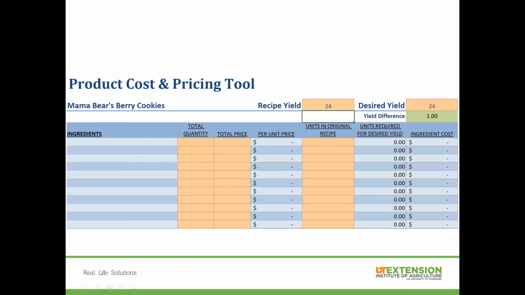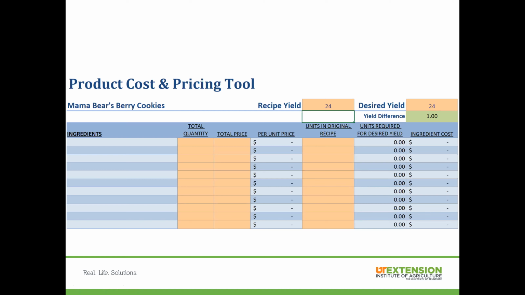So this is what it looks like. In this case, we've put our title in here of Mama Bear's Berry Cookies, and we have said that the recipe yield is 24. We can adjust the yield to a desired yield to be larger than that if we want to make more than 24 cookies. But basically, the one thing that you have to do in using this spreadsheet is